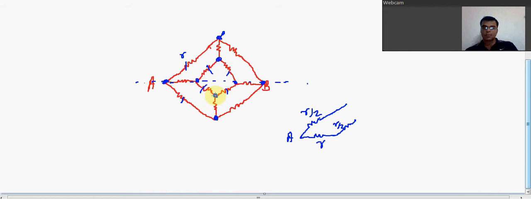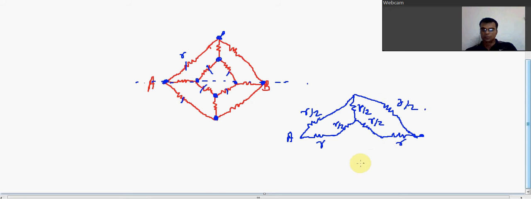These two are also in parallel now, so this also becomes R by 2. This remains R as it lies on line AB itself. This becomes R by 2 again, and this also becomes R by 2. Right? Now if you see, this R and R by 2 are in series, this R by 2 and R are in series. So my equivalent resistance circuit becomes,